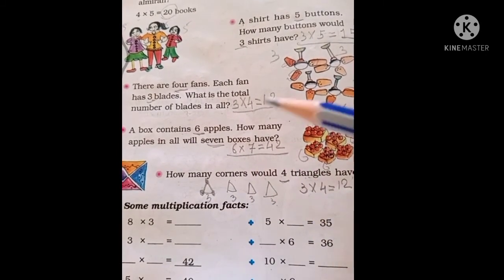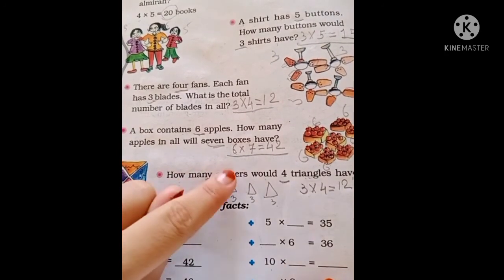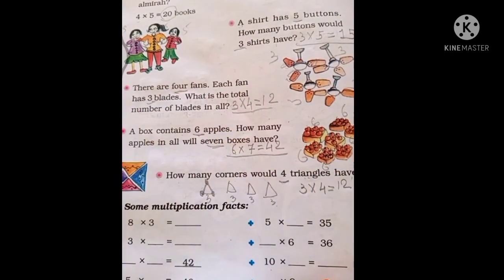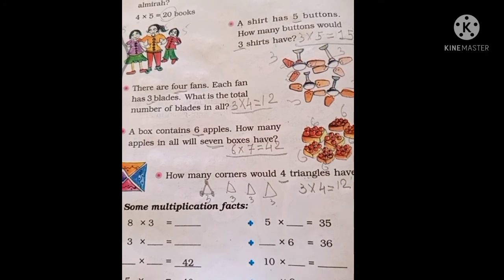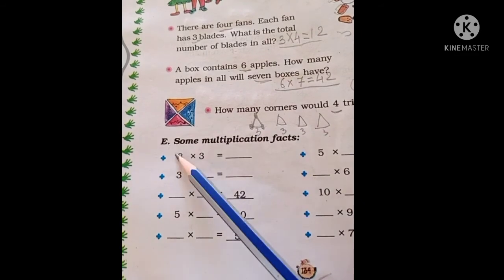Over here the triangle shape is given. We can form this question with a different shape also, for example, how many corners would 3 squares have? Instead of triangles, the question could be about a square or rectangle, right? So you should at least know how many corners a square or a rectangle has. I already explained that in the lesson shapes and design: the number of corners and number of sides of every plane shape. Yes or no?